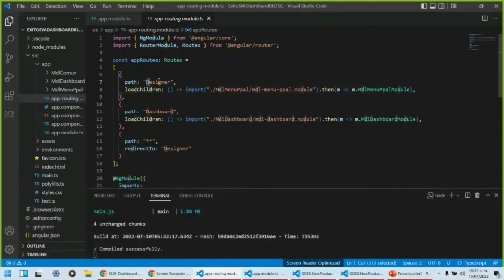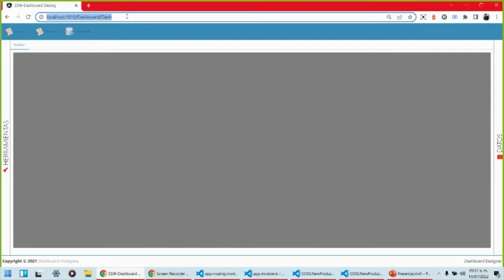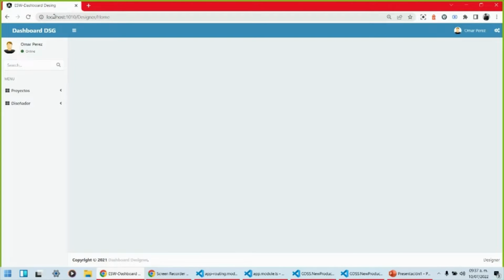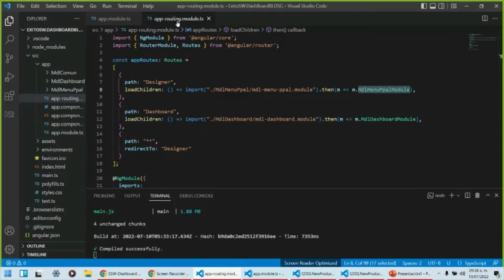The user opens the path designer of this form and will navigate using this app routing. For example, let me show local constant 10. As you can see here, when I open my server, it goes directly to the designer. When I open the URL, it opens the designer. You go to the app root, that is the principal root, and you enter the designer, and in the designer